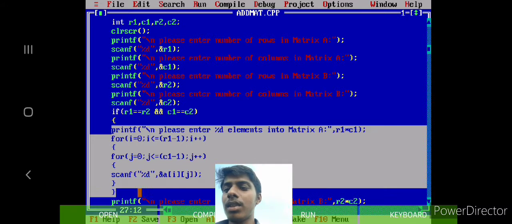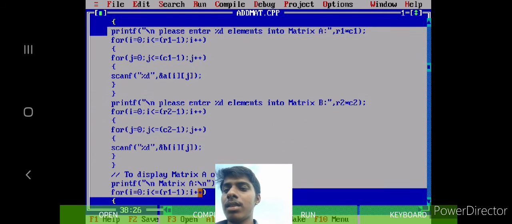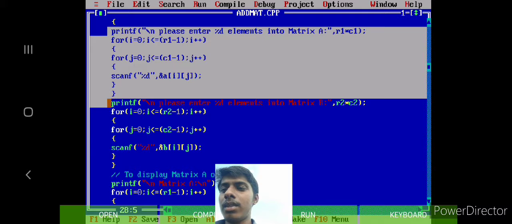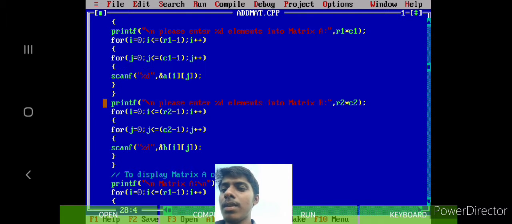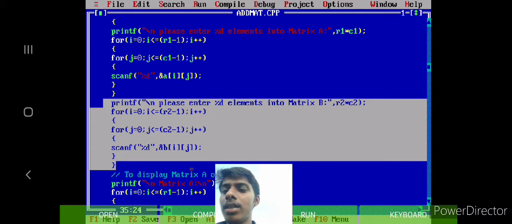So after this, the highlighted nested for loop helps for accepting elements by the user into matrix A. After this, again this nested for loop is used for accepting elements into matrix B by the user.